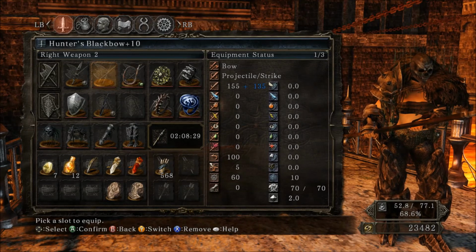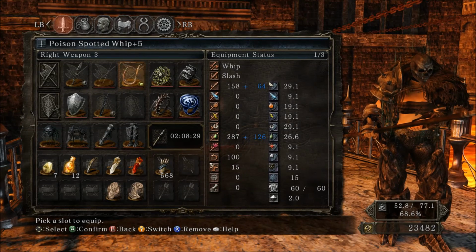Hunter's Black Bow is mainly there for PvE reasons. I don't think I ever use it in the video. Poison Spotted Whip here, +5. It's a nice boss weapon. You get it from Ornifex. I have it poisoned. I don't think I use it in this video, but the reason I use that is